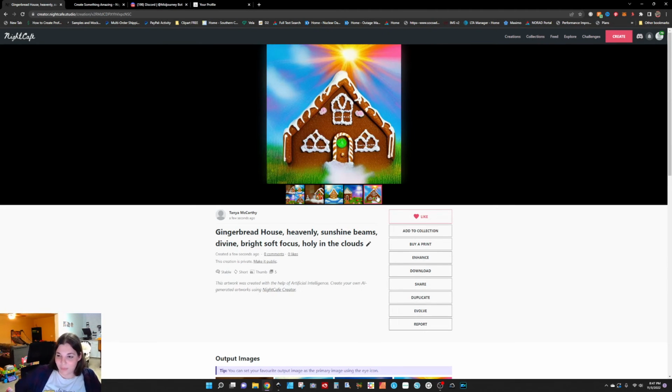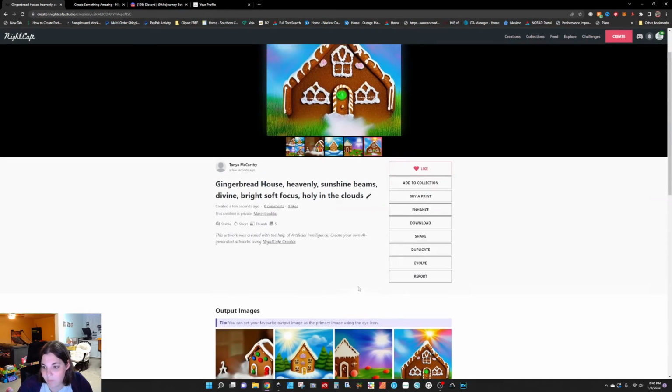And the sky looks pretty good. So you have the ability to enhance these. You can duplicate these. You can evolve these. I'm not going to go into all these nitty-gritty details now, but basically to